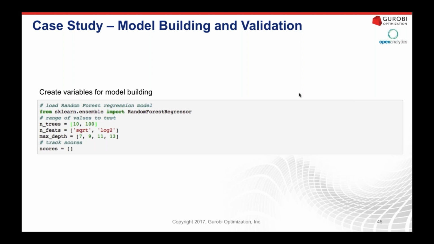The final parameter that we're going to vary over is the max depth. This is the maximum depth that each individual tree can grow to, so basically the number of splits that it can have along a branch before we force it to stop growing. Obviously, the deeper a tree is allowed to grow, the richer the decision set that we get out of it, and the more values that we're able to predict.